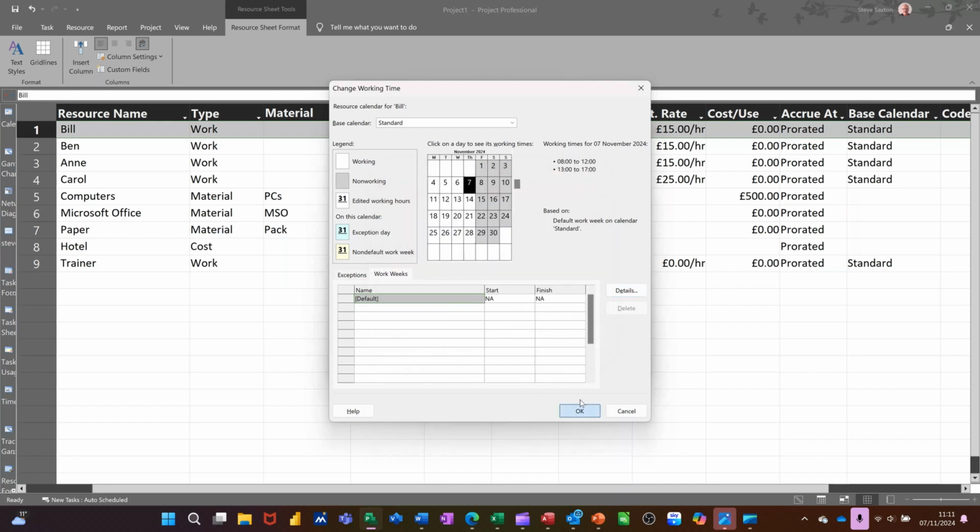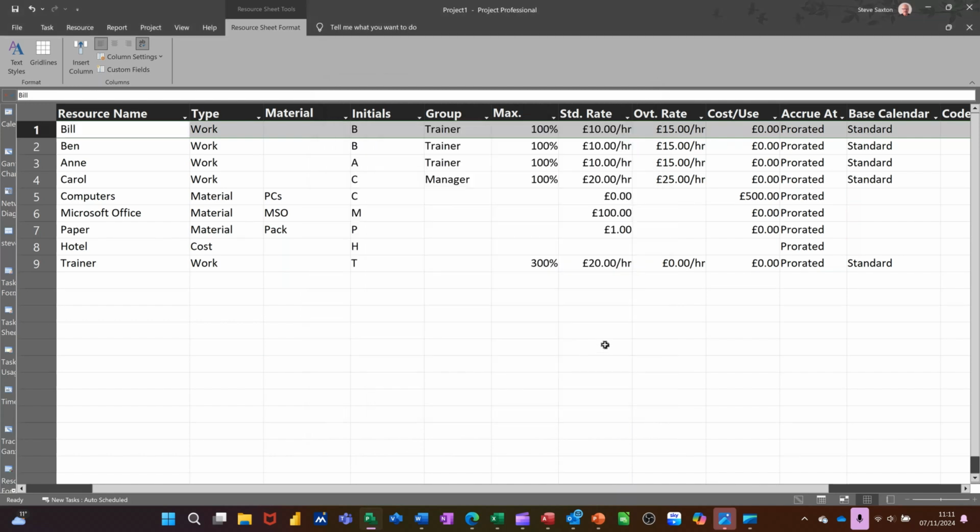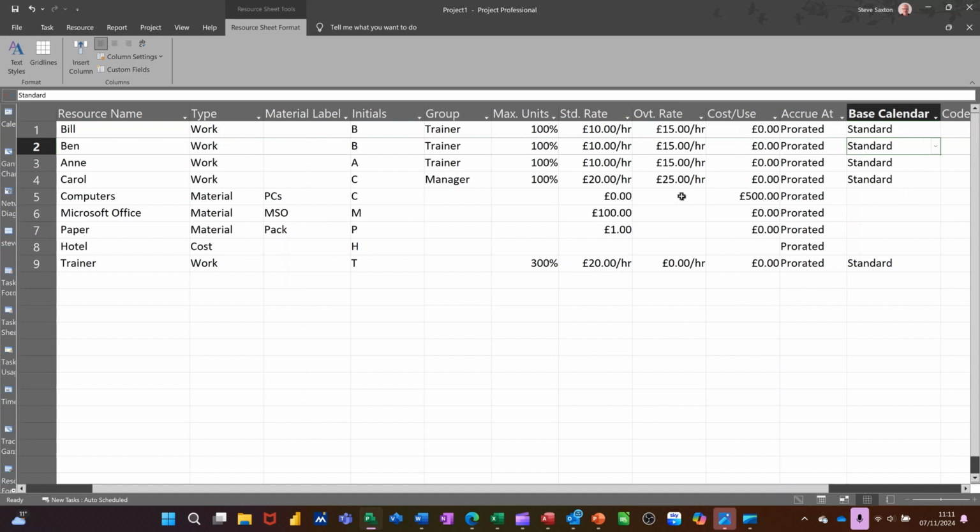So he doesn't work. So this calendar, if I click OK to this for a second, this calendar for Bill overwrites the default calendar for the whole project. Otherwise, they just use the default calendar. So everything else is okay there. Now what I need to do is go and allocate people to tasks. So I'm coming back to the Gantt chart,